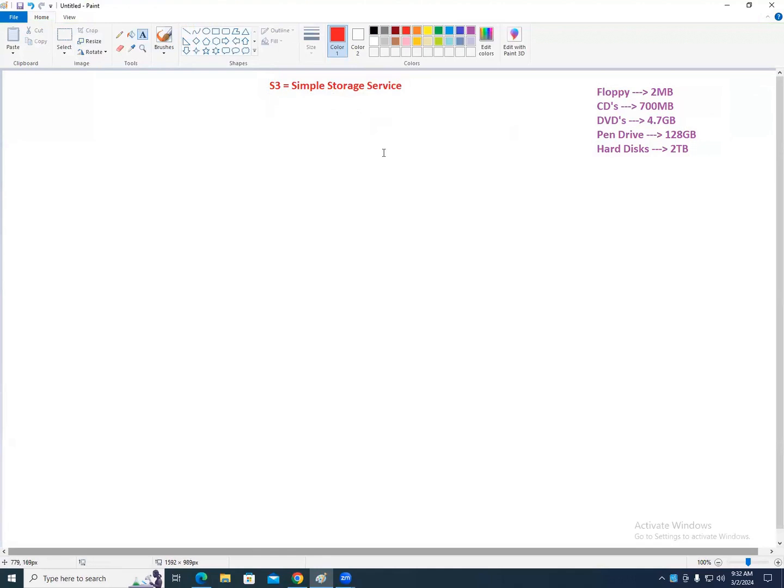This is a certification question: what is the full form of S3? In certification, they will ask: Option 1, simple storage service. Option 2, simple service storage. Option 3, service storage simple.